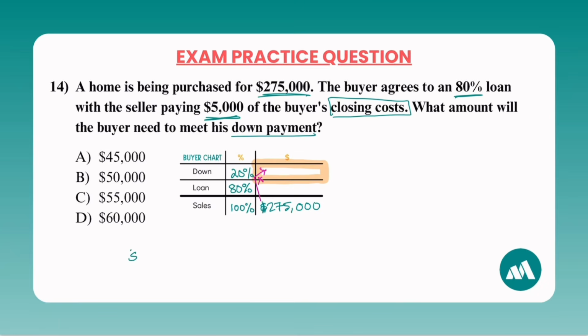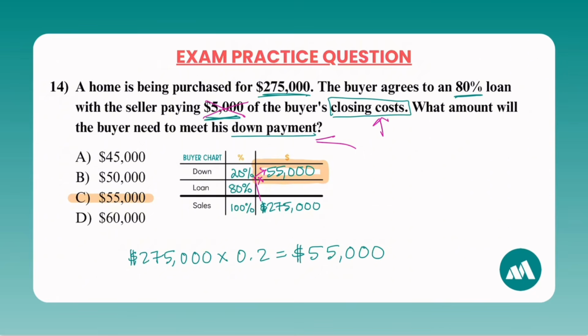So $275,000 times 0.2 is going to equal $55,000. So we only need $55,000 for a down payment. So the answer here is C. So as you could see, this $5,000 was not needed because